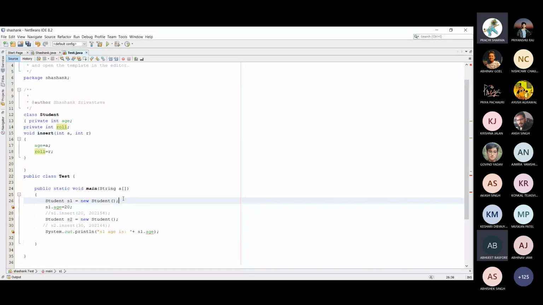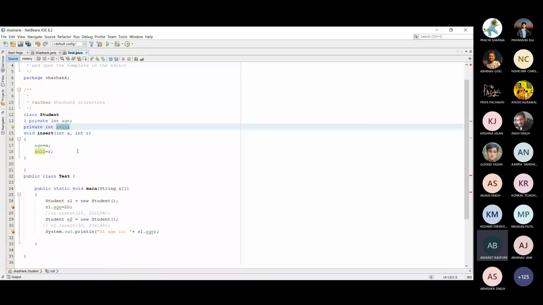So this is a simple program. In the next one, we will discuss class and object in detail. Actually there are three ways to initialize the object. The first way is by the reference variable, with the help of S1 and S2, you can initialize the object. Initialize the object means initialize the age and roll number here, all the fields of the object. Because if you do not initialize it, by default values are generated here.